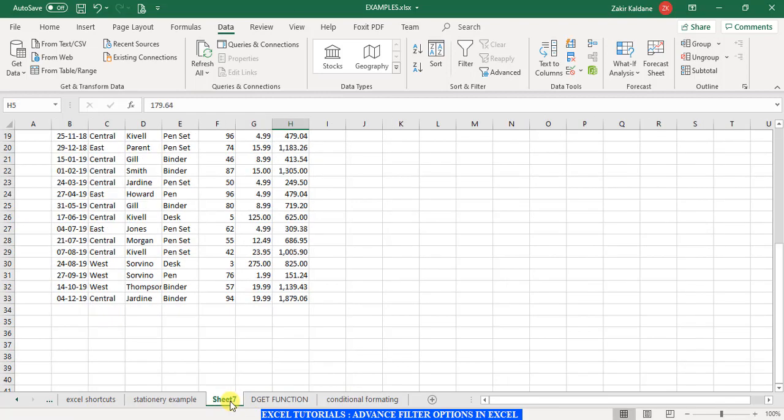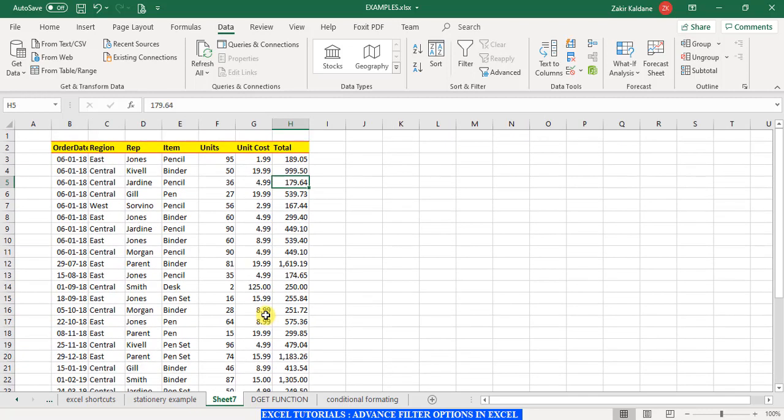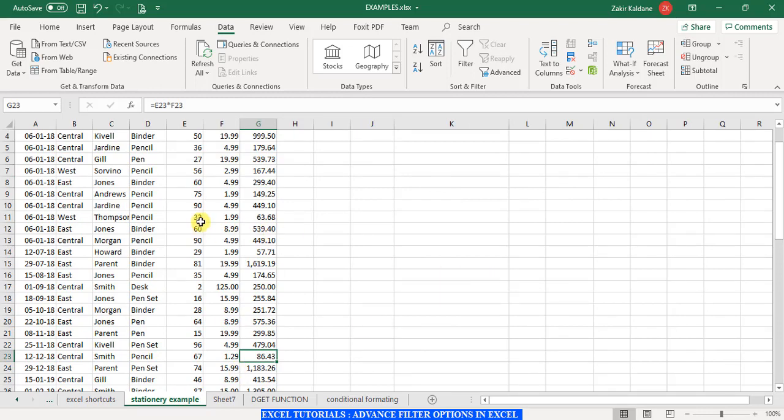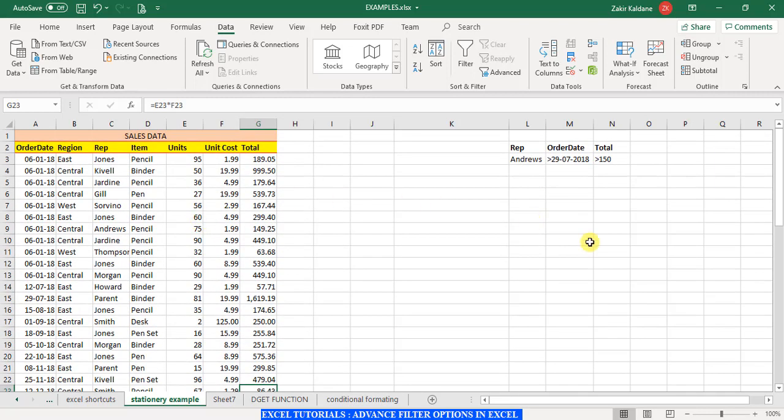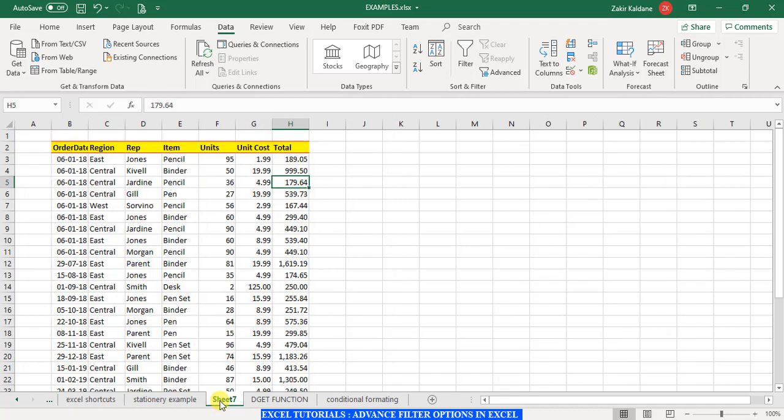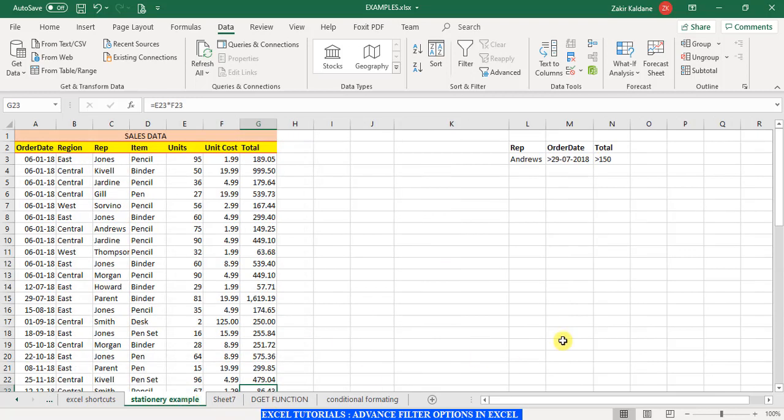So we are able to pull the data using the advanced filter option from the previous sheet to a new sheet. Now we can pull the data from this sheet to some location in the same sheet, as well as we saw how to pull the data using the advanced filter from this sheet to some other sheet. So this is how we use the advanced filter options in Excel. I hope this is clear to you.